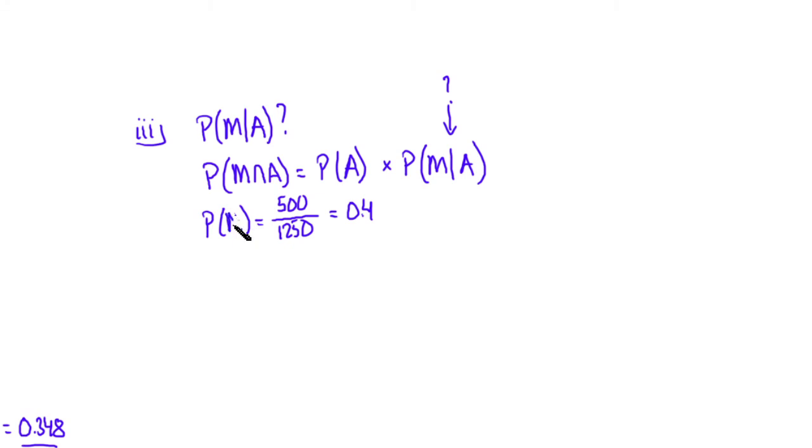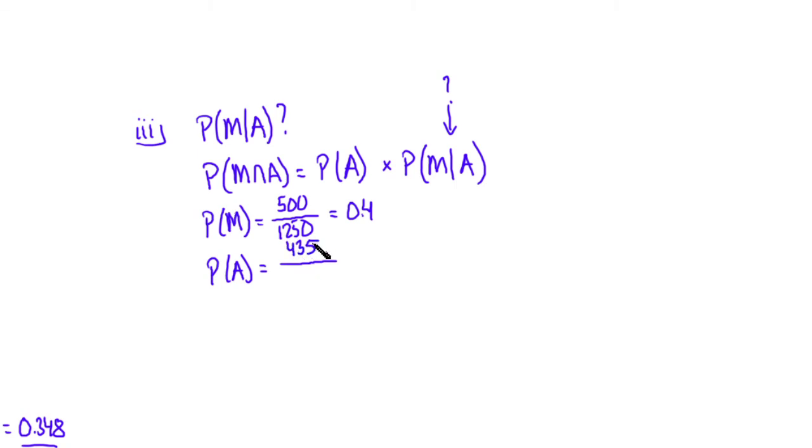Okay, it's a long question. Yeah, it should be M. The probability of a student being male is 0.4. Now we need to find the probability of a student having blood type A as well. The total number of students that had blood type A is